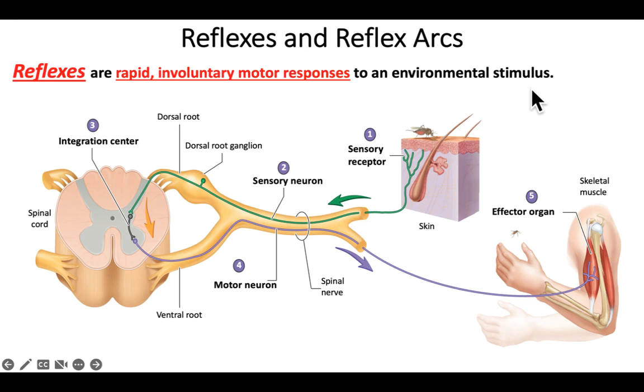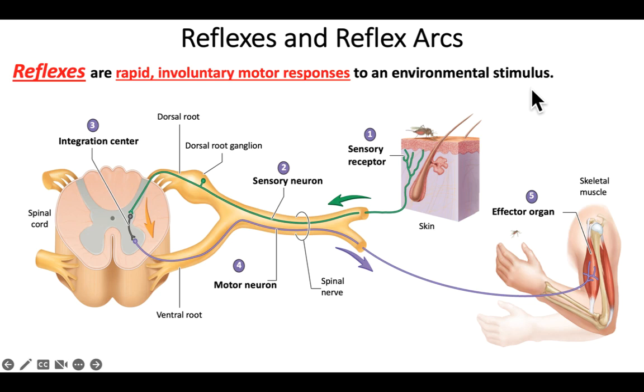So we can test reflexes to monitor the developing nervous system. That's used quite a bit in early childhood monitoring of the nervous system. We can use it to monitor nerves, say if someone has multiple sclerosis, so we can assess their nerves using